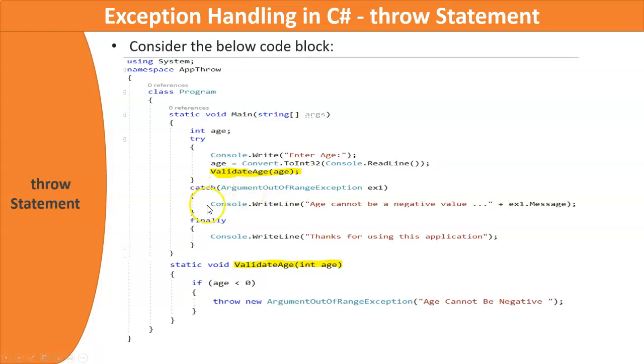So the program control will enter into the catch and it will display a message: "Age cannot be a negative value" plus ex1.Message.